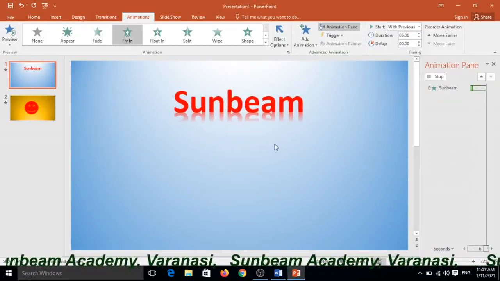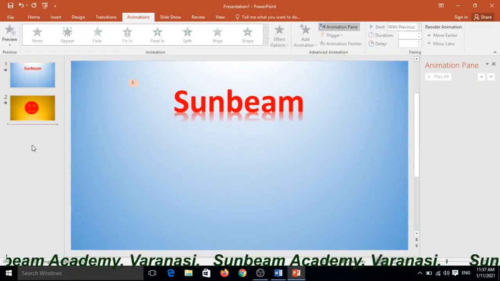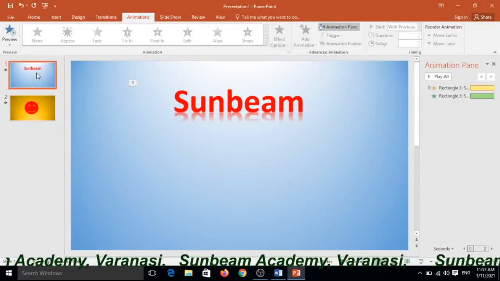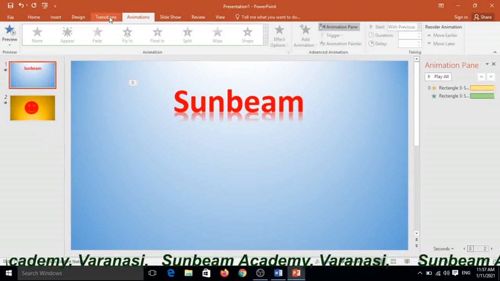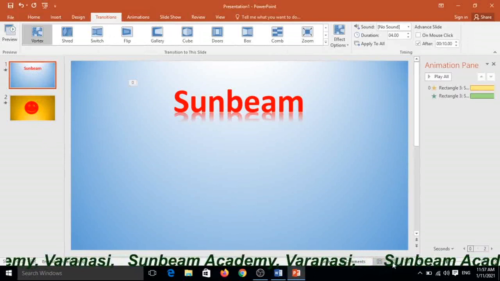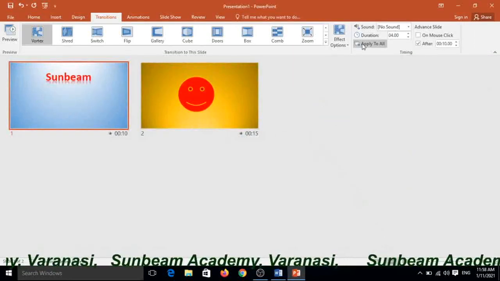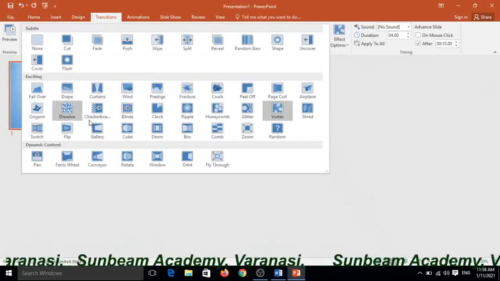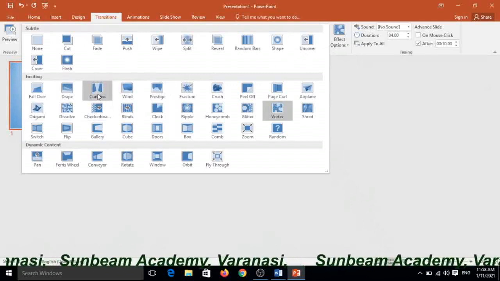Yes, now it is ready to show, and also give a different transition effect. Click on transition and choose here slide shutter view, and depending on you, whichever type you want. Suppose I want to choose the curtain.